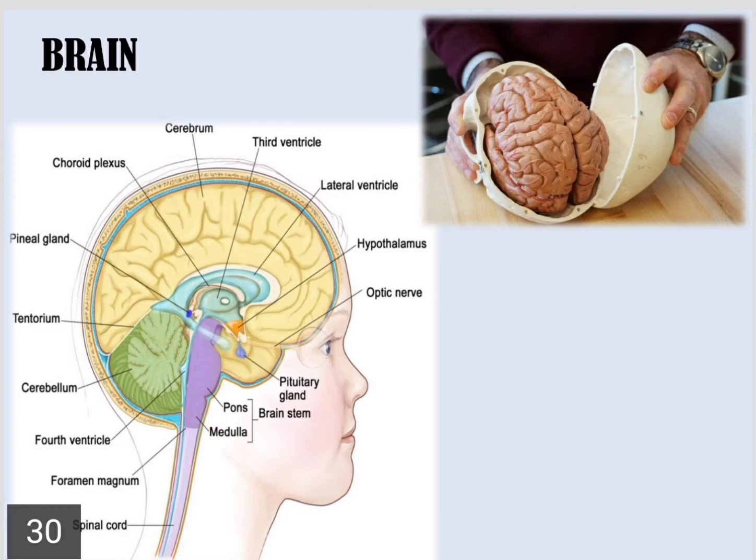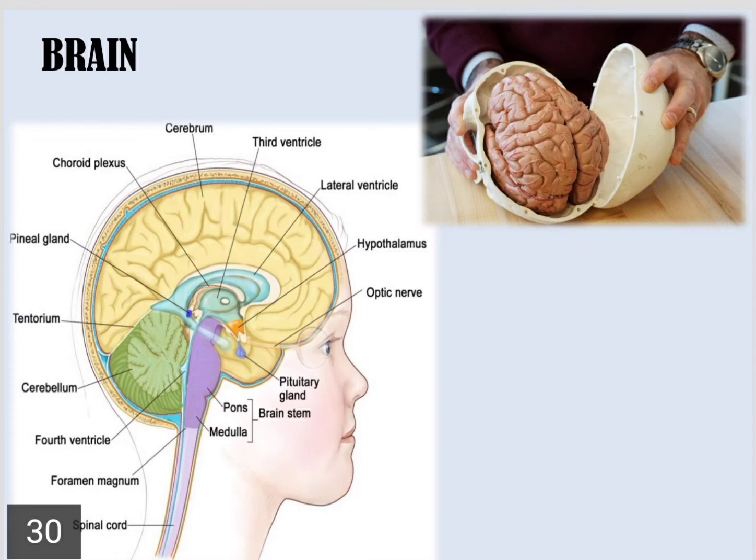If you enlarge this picture, you will be able to see the different nerves which are present on the brain, the different veins which are present on the brain. Okay, and how exactly it fits so nicely inside your cranial cavity or your skull. And on the left you have a diagrammatic picture of the brain, wherein it's telling you about the different parts of your brain.